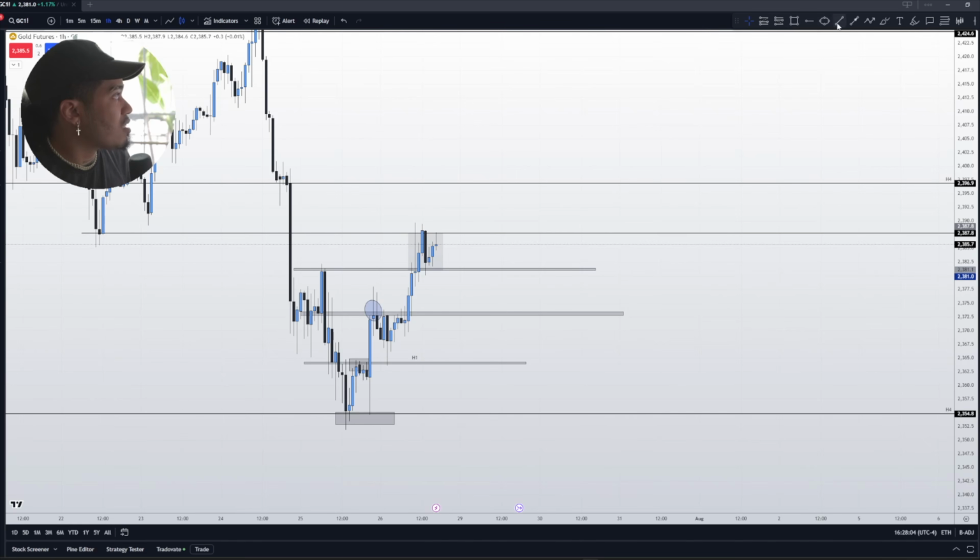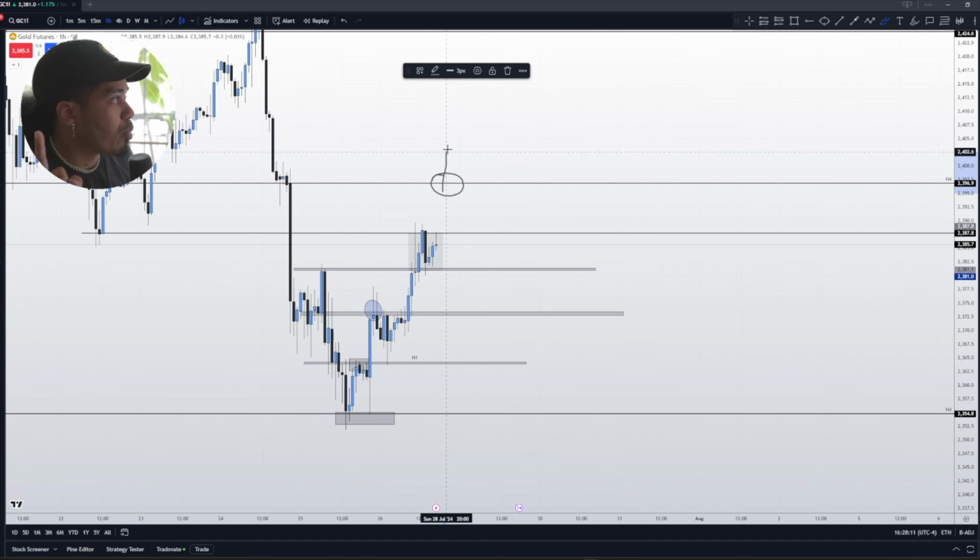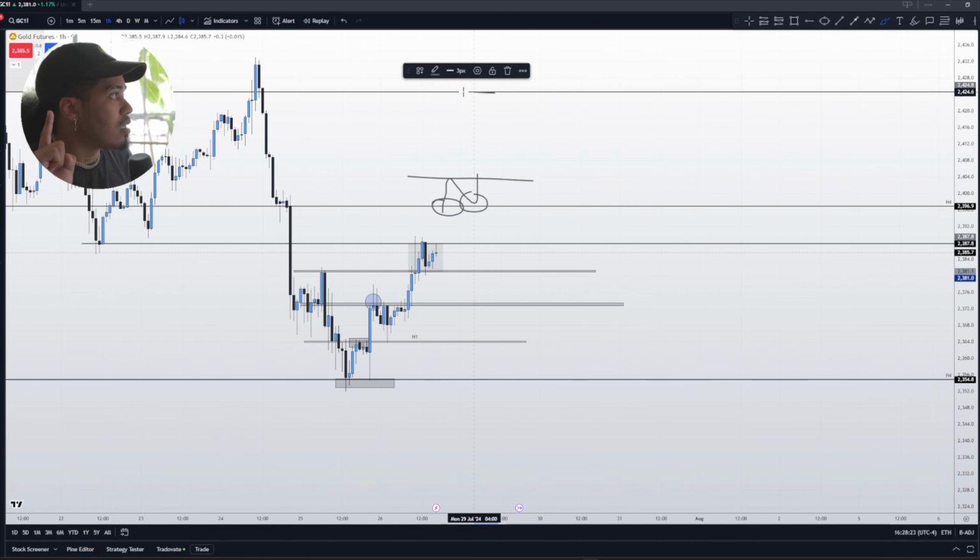Now, if I'm at this 4-hour level, am I going to be looking for buy positions here? No. I would wait for them to break it and retest that area, either an aggressive entry here or waiting for them to break that high. If they break the high, then I am valid with the buy positions back up, and we're taking it higher and higher to that next target, the 2,424 area.